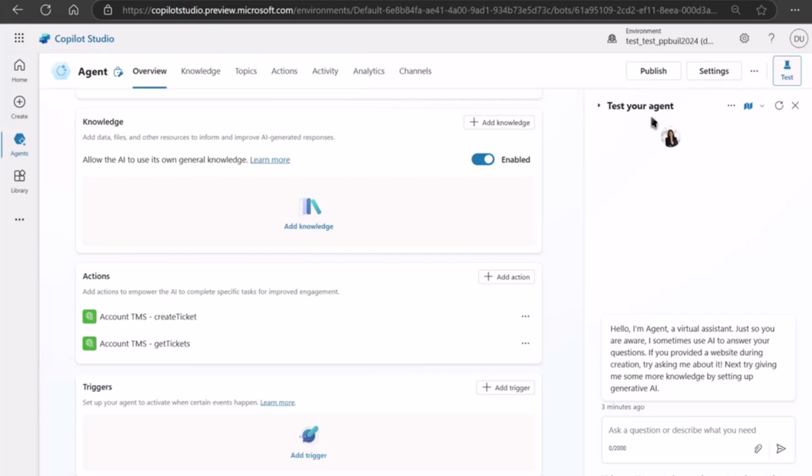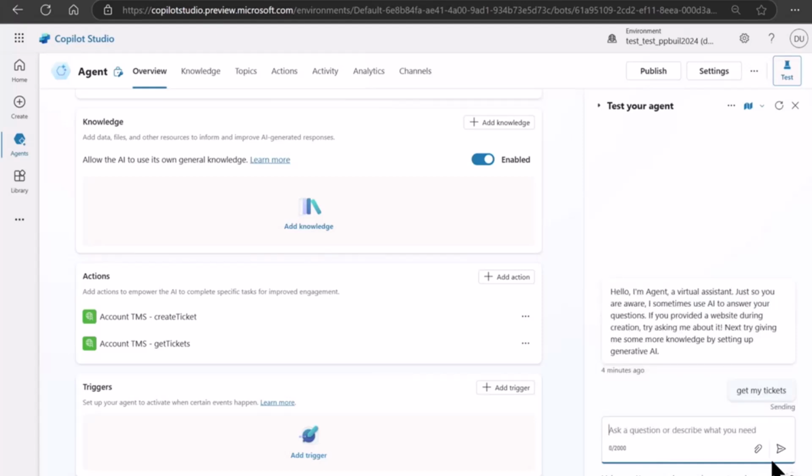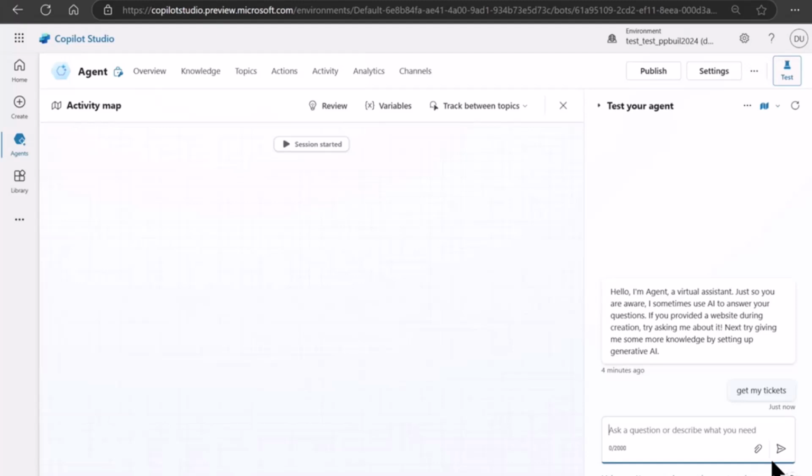And the second part of it is activity mapping, which I'll show in just a couple of seconds. But for the second part to work effectively, as Nathan mentioned, generative AI has to be turned on so that it starts working. So let's get into it. Oh, Nathan, I might not be able to type. Okay. Tickets. So I'll interact with the chatbot similar to what I expect my user to type in, and let's see